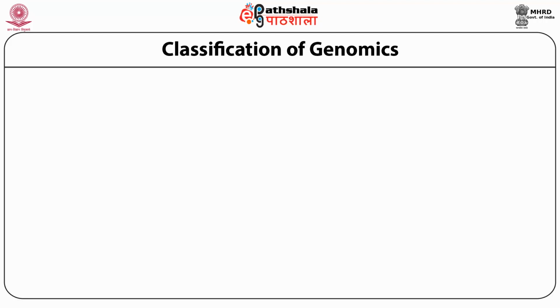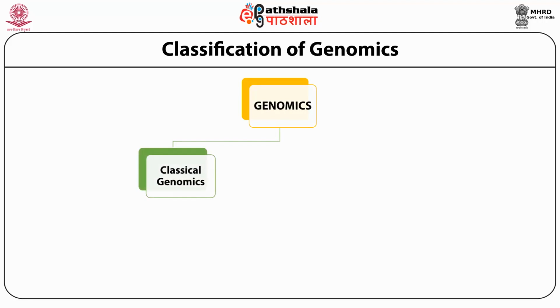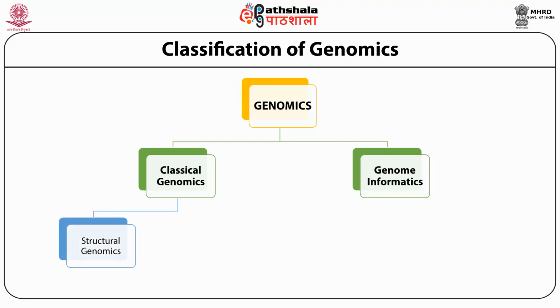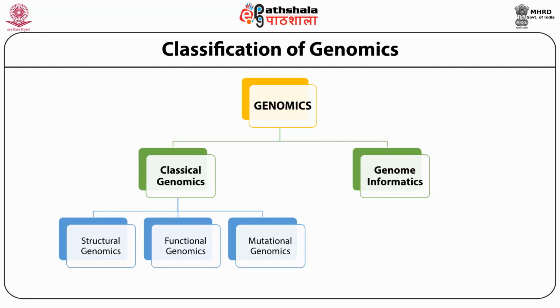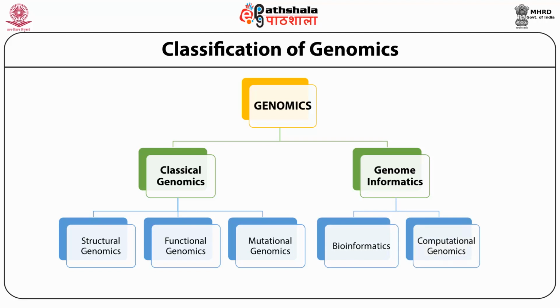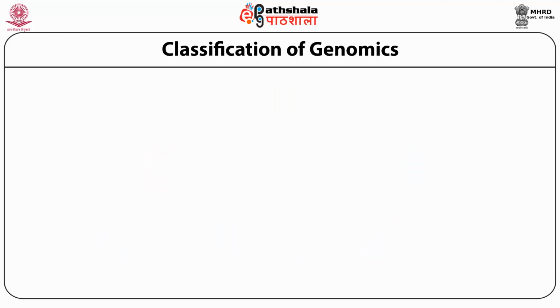It was time to classify genomics into many distinct sub-disciplines. To begin with, genomics was initially classified into classical genomics and genome informatics. Eventually, classical genomics made way for structural genomics, functional genomics, and mutational genomics, while genome informatics evolved into bioinformatics and computational genomics. Genomics, as we already know, is the study of genes and their functions and aims to understand the